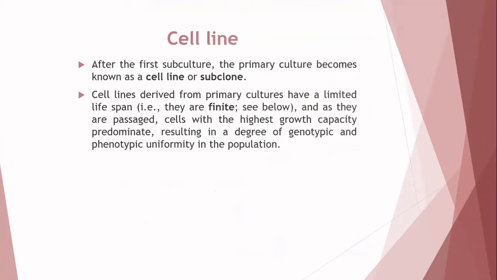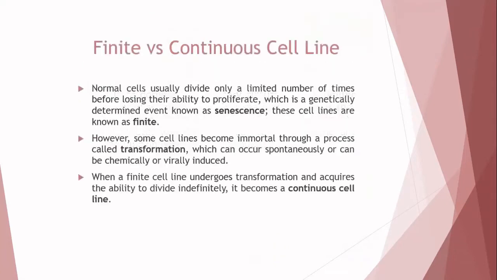A cell line is what the primary cell culture becomes after the first subculture, a subclone. So it is the beginning of the cell line lineage. There are two different types of cell lines, finite cell lines and continuous cell lines. Normally the cells divide only for a limited number of times before losing their ability to proliferate. After a particular point, they reach senescence where they will not divide further. This type of cells are called finite cell lines, whereas the continuous cell lines have indefinite divisions. And a normal cell line can be converted into a continuous cell line by a process called